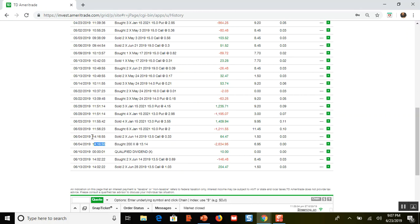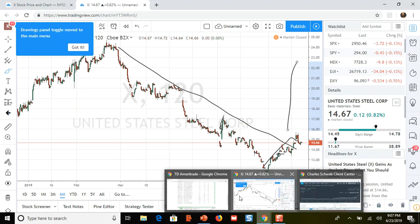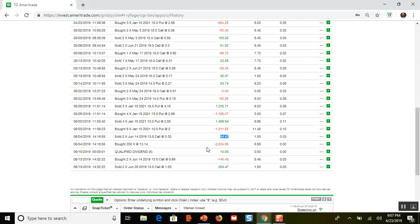You can see 14.16, 14.16, June 4, June 4. I bought 200 shares and sold to open 2 covered calls at $13.50, took in $64.47, and then steel's been going up, and I could have just very easily and simply just allowed my shares to get taken away. My dollar cost average of those 200 shares is $13.14. Steel went over $13.50, so I could have made the $36 a share times 2, which would have been, I